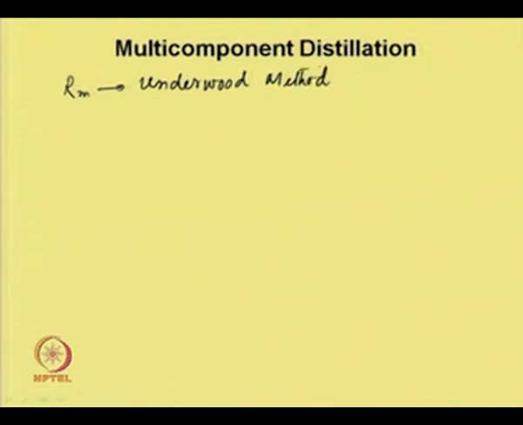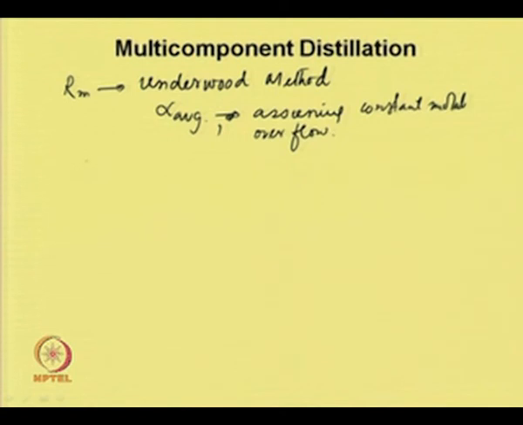This method also assumes equimolar overflow and it defines the relative volatilities of each component relative to some reference component, and that is usually the heavy component. Using the average alpha values and assuming constant molar overflow,